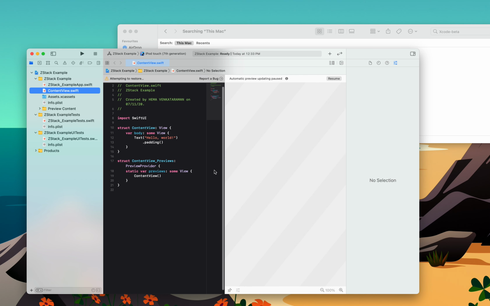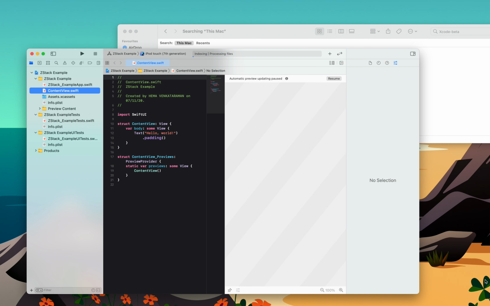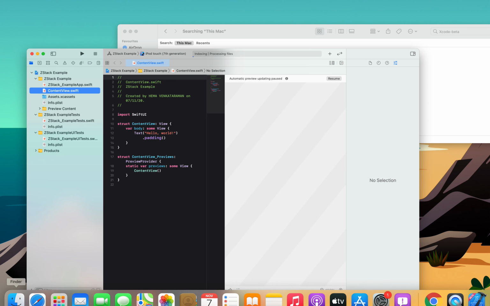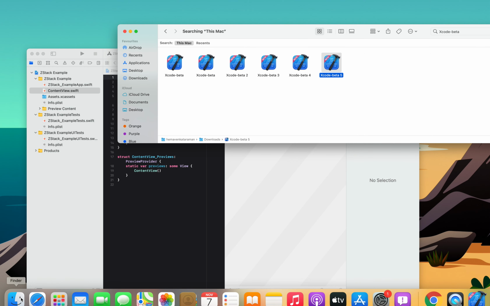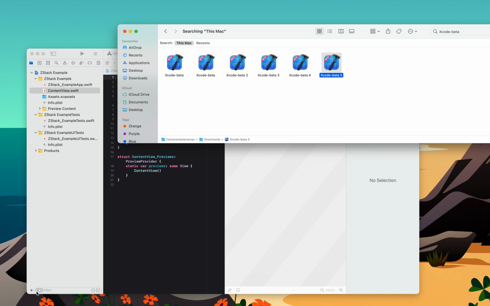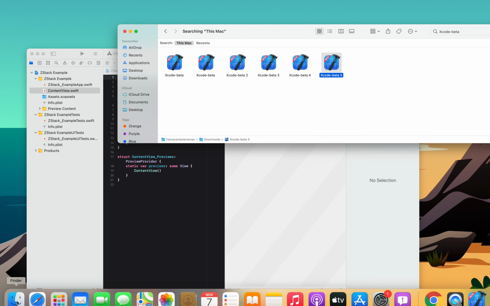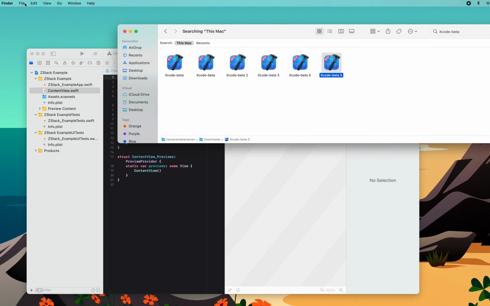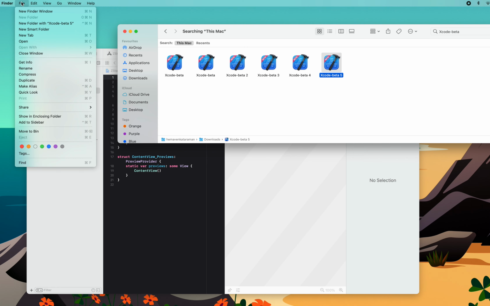Now let me just go to the desktop. One second. Let me go here and then File, New Finder Window.